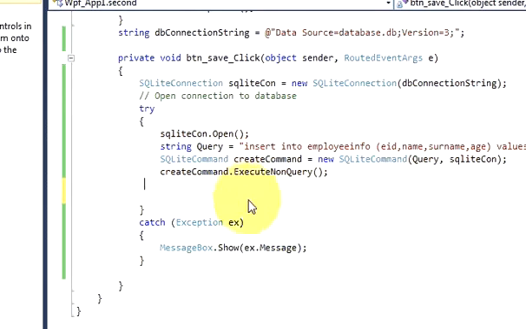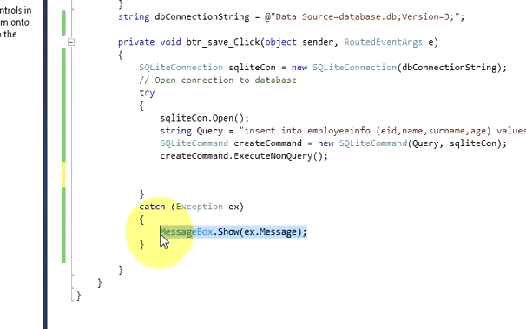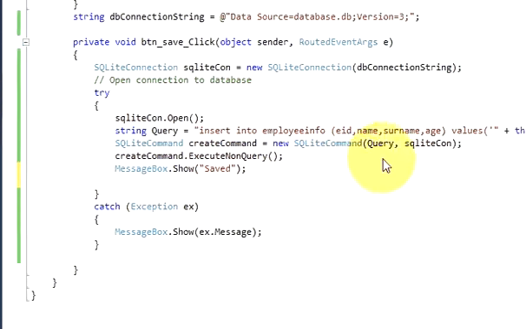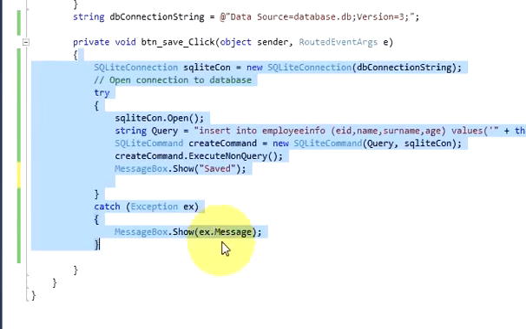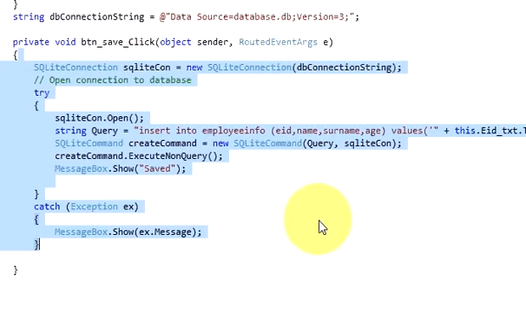So once your data is saved, you definitely want to show the message that the data is saved. So I will just show it in the message box. So I will write message box dot show and then double quotes, and I will write saved. So I know that my data is saved into the database. Okay, so write the query and write this code. If you want, you can pause the video and